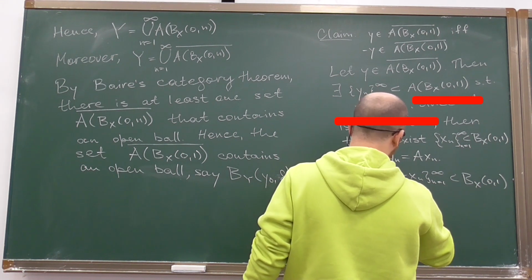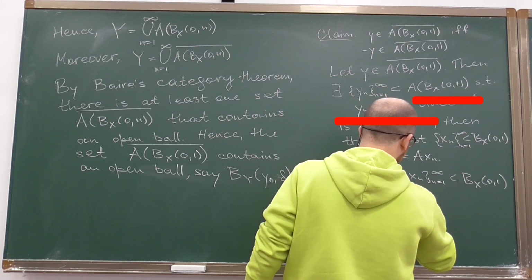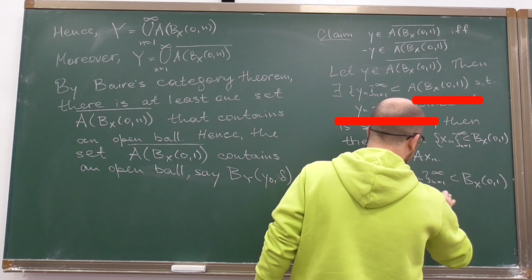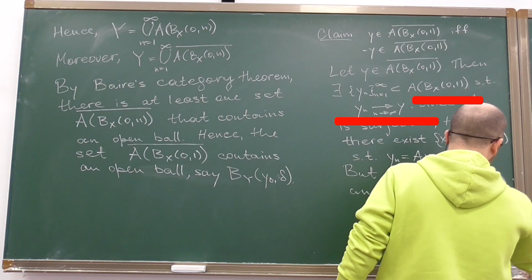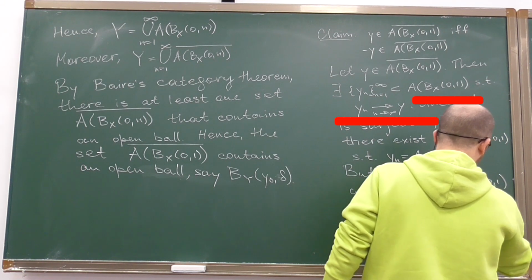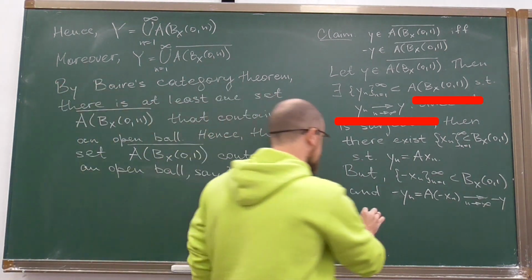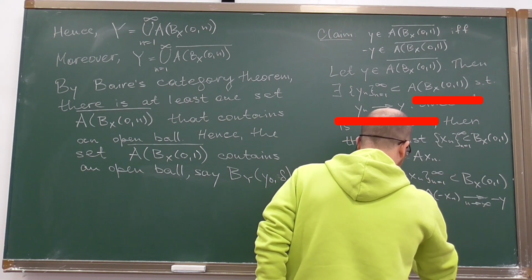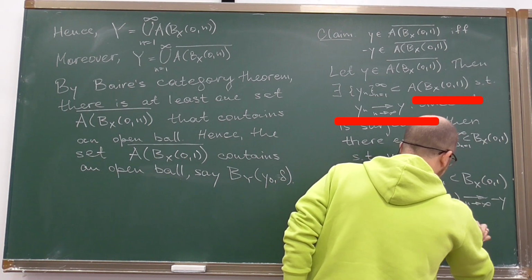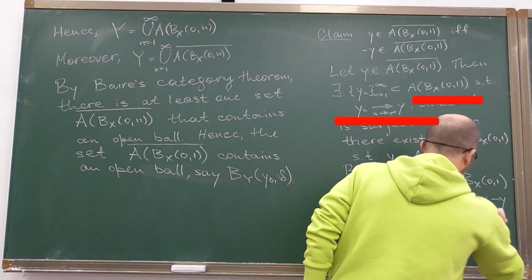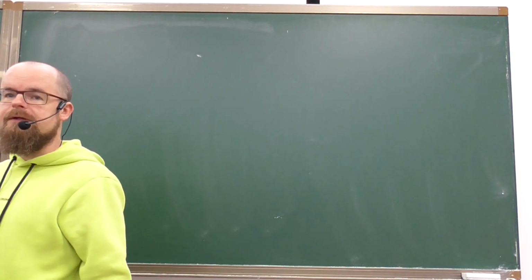Or rather, minus Yn equals A of minus Xn converges to minus Y, which means that minus Y belongs to the closure of this set. The second property of this set which we need is that